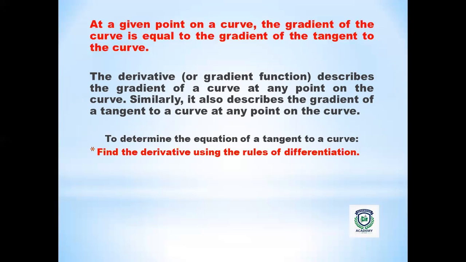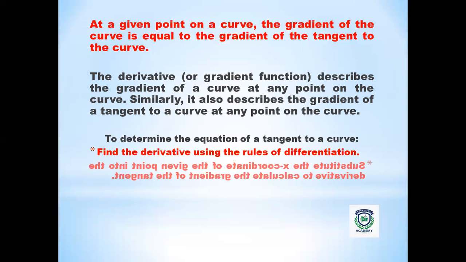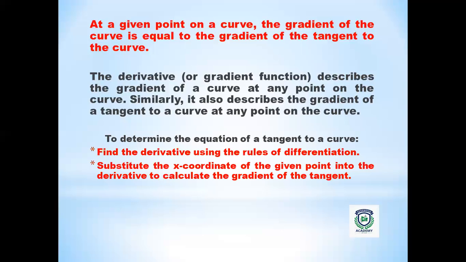First, find the derivative using the rules of differentiation. Second, substitute the x-coordinate of the given point into the derivative to calculate the gradient of the tangent. This step is telling you that the x-coordinate they are talking about is at the point of contact. Remember, I told you there is a point where the tangent and the curve meet. That is a point of contact. So the x value of the point of contact is what you have to substitute into the first derivative,